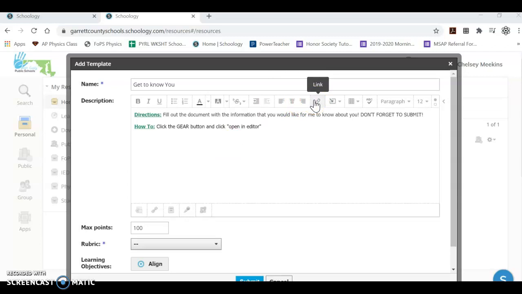And I can also put in actual content. So I'm going to show you guys what's going to be most common for you to be using, which is going to be an assignment or a resource that you already have created that you want to put in and actually assign to the kids through Schoology. So I'm going to